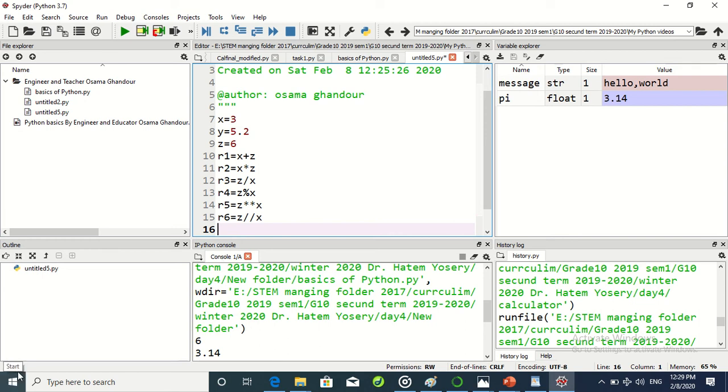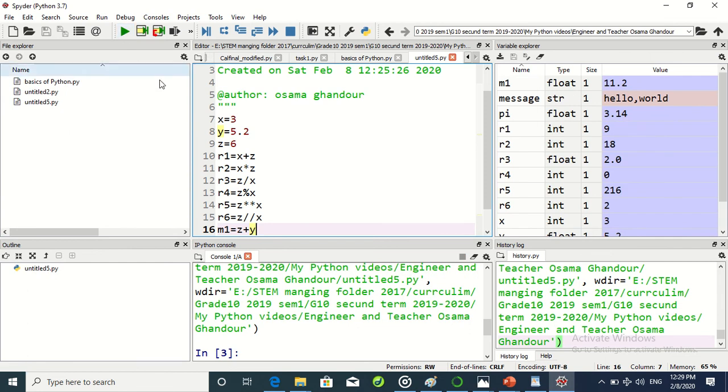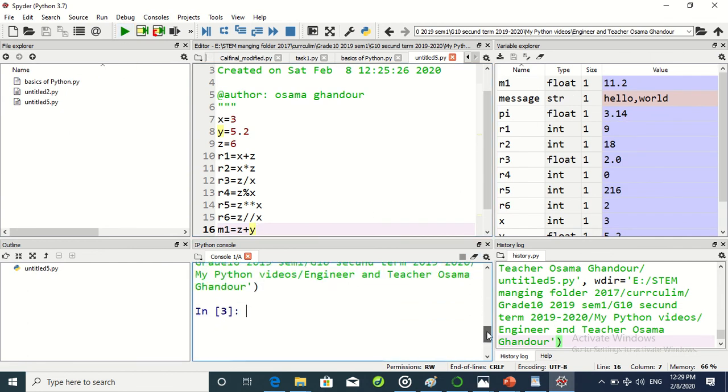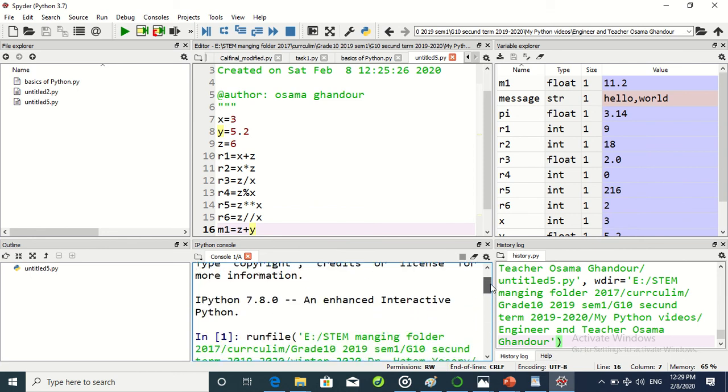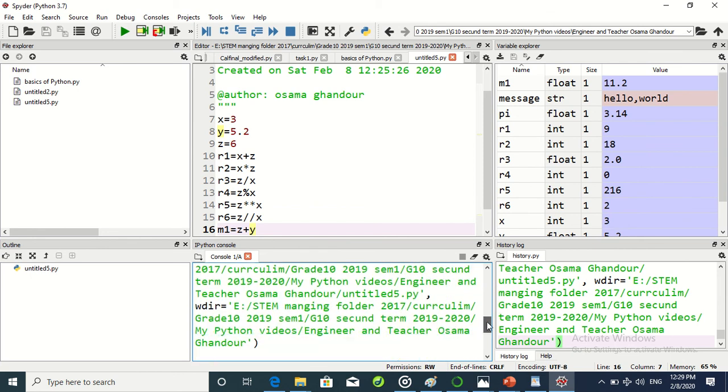And m1 equals z plus y, and let's run this code, run it. Oh, so the result is here, so it compares the result should be here,